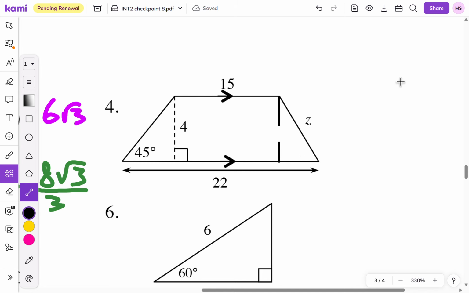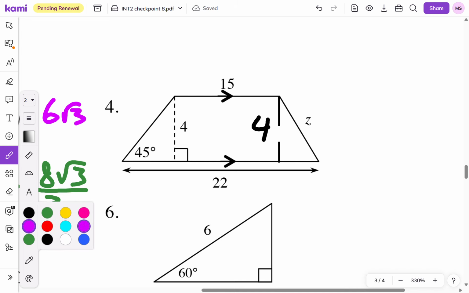Whatever. It's fine. Okay, so then this right here is 4 because these are opposite sides of a rectangle, and opposite sides of a rectangle are congruent. And you know what that means? That since this is 15, this side right here is also 15. Now, why do I care about that? And why would I even think to do that? Well, because